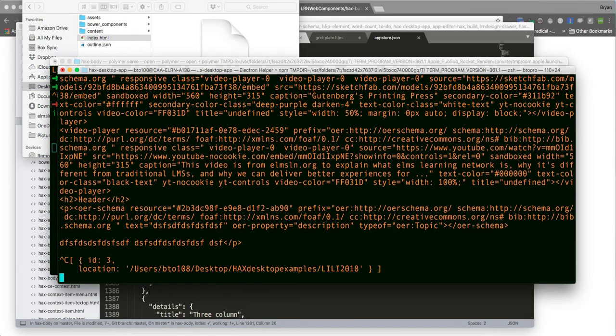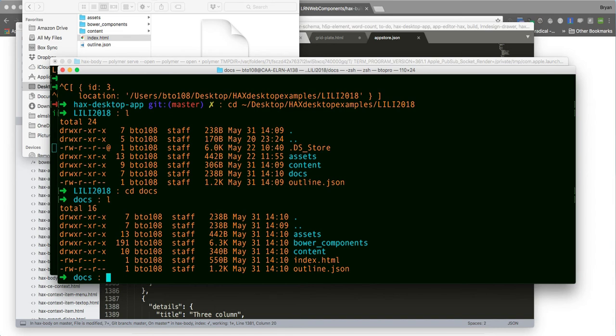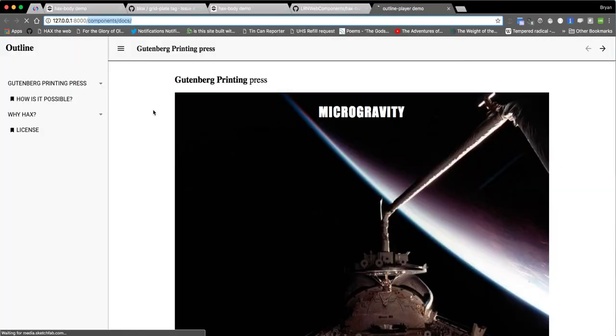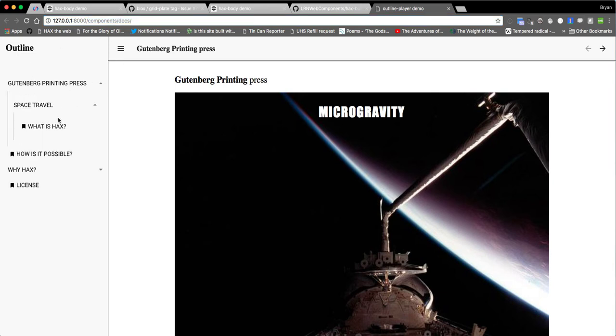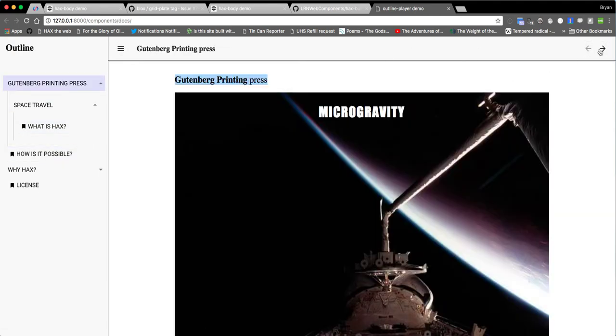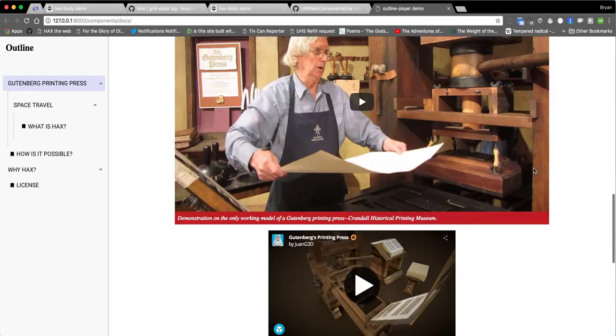So let's power down the app, go to my desktop, and it's like HAX desktop examples and Lili 2018. And then if I go into docs, I'm going to do Polymer Serve. I don't need to. You could do this with any web server. This is just to force a little web server to load, but you can see that it's taken that outline and it's created basically a static offline book. And so there's my microgravity and my self-check, everything exactly as I had it when I was doing it before,